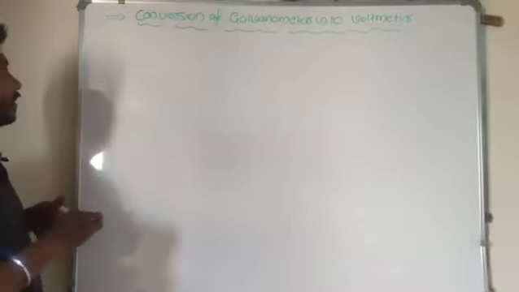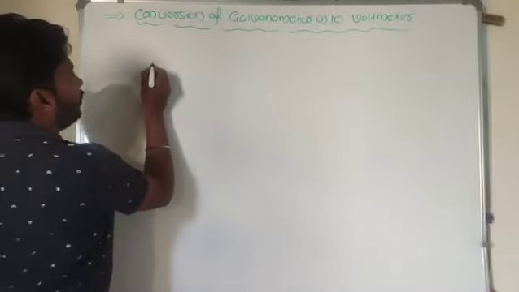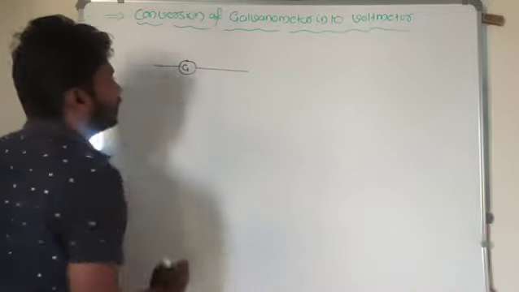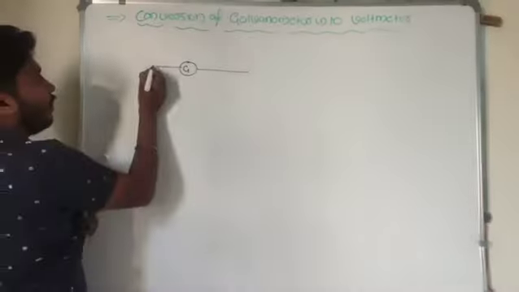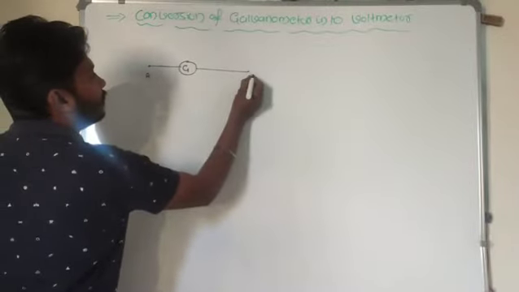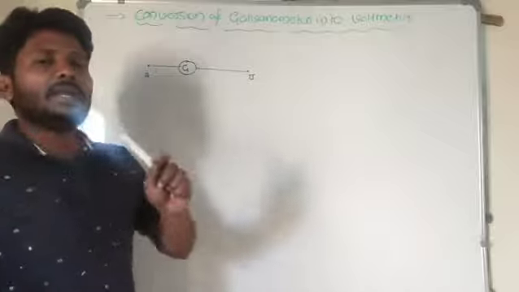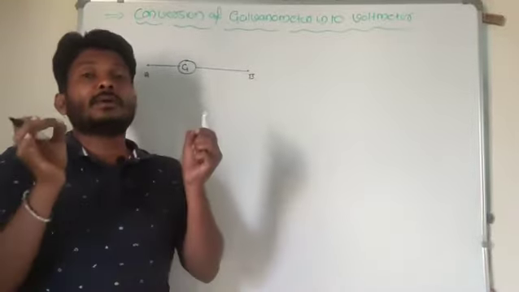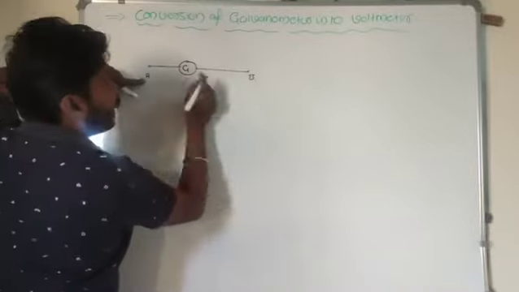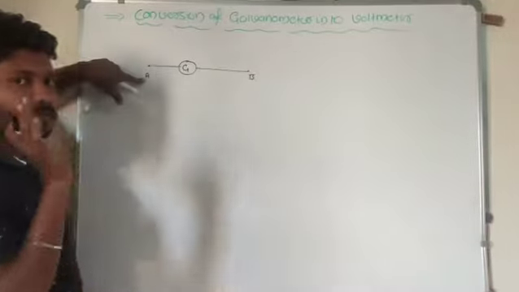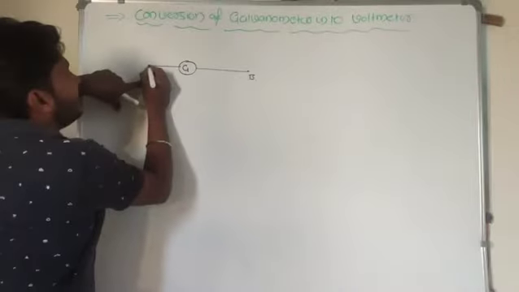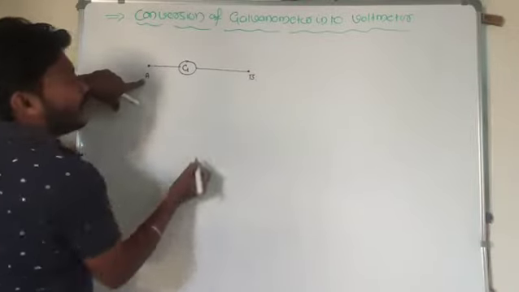Look at here. Now I have a galvanometer here. I want to measure the potential difference between points A and B. In order to measure the potential difference, between A and B current should not pass. Remember here, measuring the potential difference means the difference in potential between 2 points.